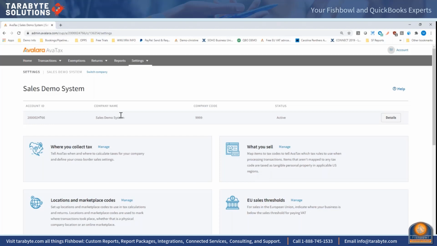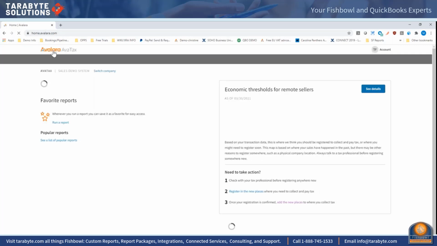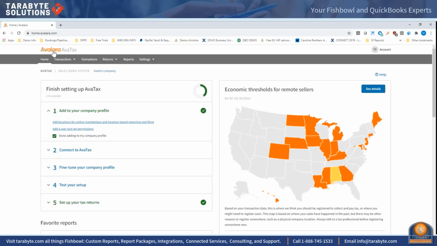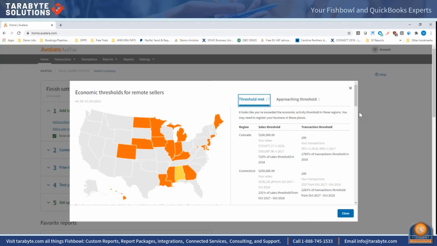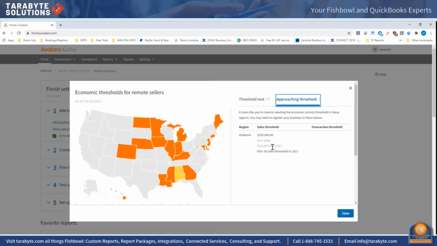And one of the key things we've seen, Jeanne, that a lot of folks are looking to get help with is, how do I track economic nexus? That's one of the number one things people want help with. About 2.5 years ago, the whole sales tax world got flipped on its head. They said, if you sell a certain amount into a state now, you have to get registered. The majority of the states, Jeanne, are $100,000 or 200 individual transactions. And so we have this automated, directionally guided heat map inside of our software where we'll let you know you've met a threshold in a state or you're approaching a threshold in a given state. So it's kind of like a safety net, if you will,